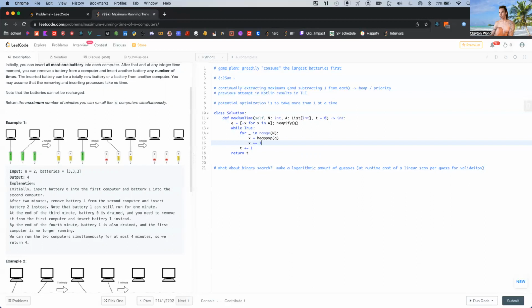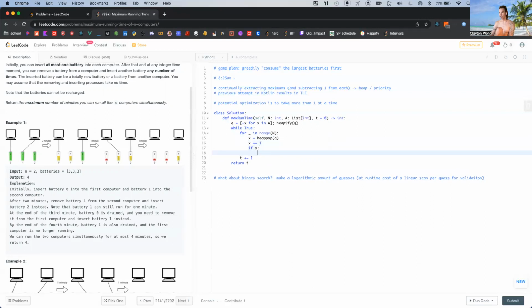X plus equals 1, and heap push x if x is not equal to 0, since x is negative.